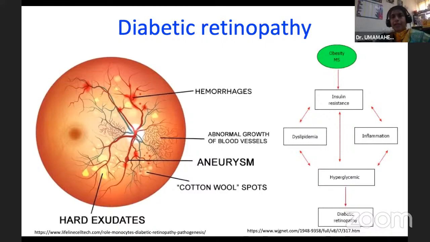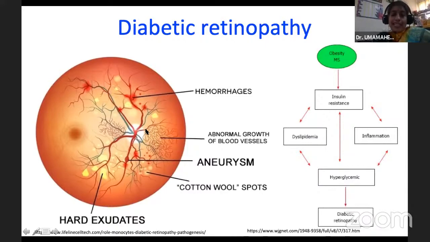Now, diabetes, as I mentioned, is one of the hallmarks of metabolic syndrome. It's one of the outcomes. The deregulation of glucose metabolism is one of the risk factors for metabolic syndrome. So obese individuals are more prone to development of insulin resistance and glucose intolerance, leading to elevated levels of glucose, which is what we call hyperglycemia. And there can also be inflammation and lipid deregulation in them